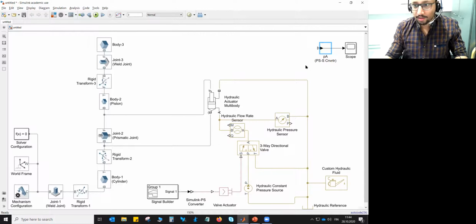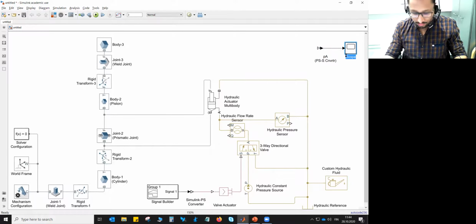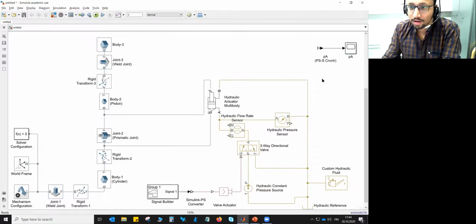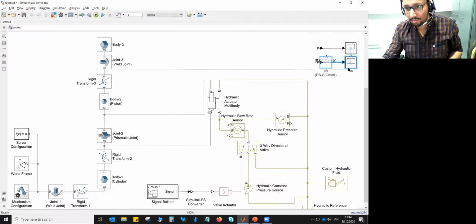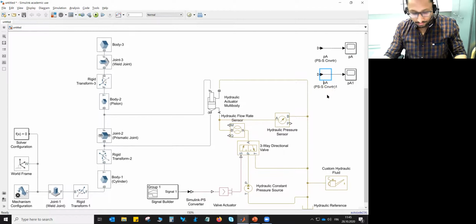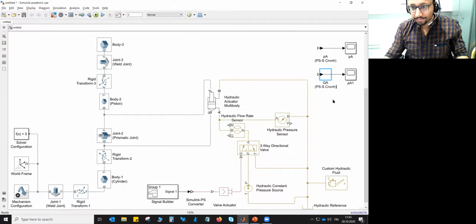I always like to have this nomenclature done properly. You can simply copy paste this for the volume flow rate. Perfect.